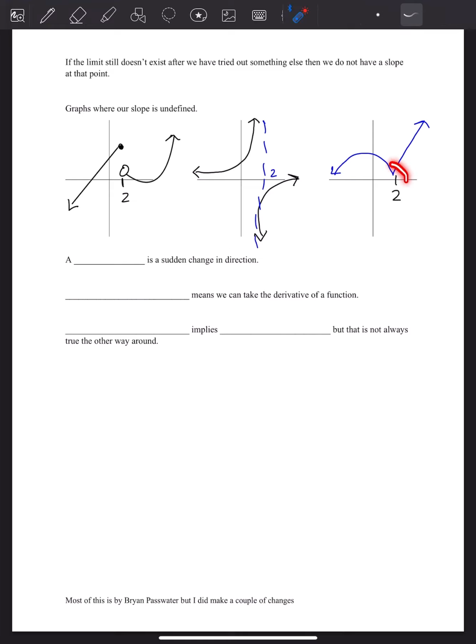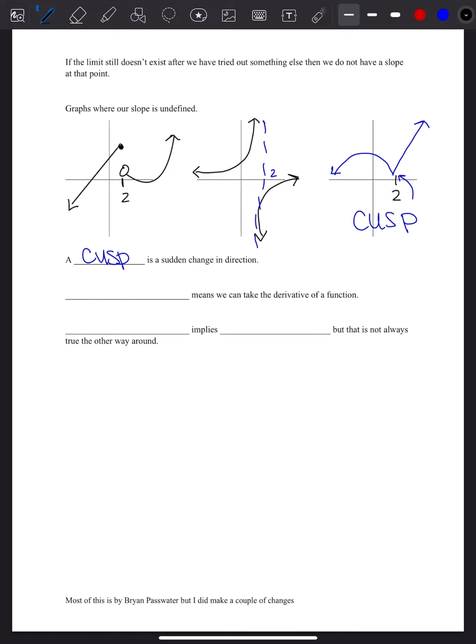This right here has a special name, and that name is a cusp or a corner, but a lot of the times they call it a cusp. So a cusp is a sudden change in direction. We can't find the slope at that point